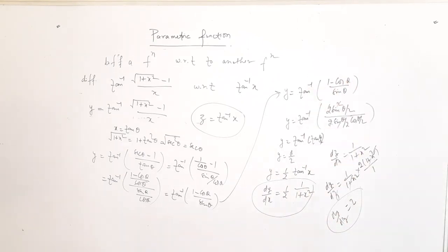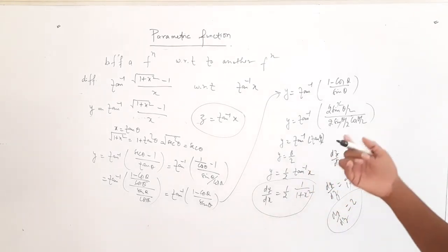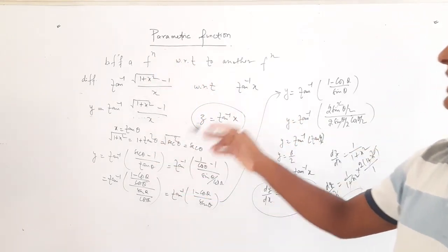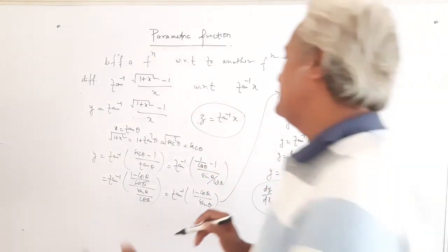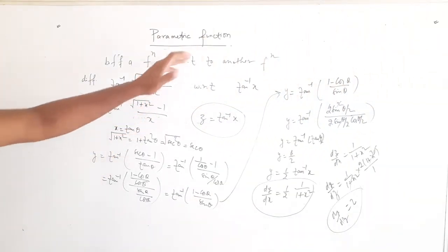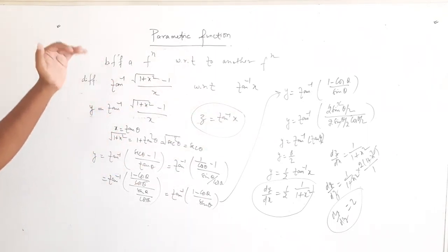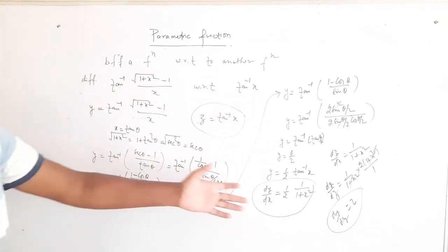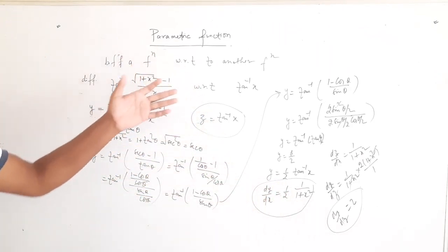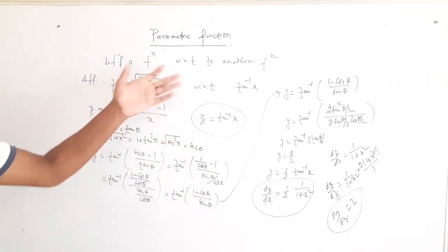This is all about the function with respect to another function. There is nothing new in that. You have to use those basic simple rules to differentiate one function with respect to its own variable and then another function with respect to its variable. The best way is that you assume one function is y, another function is z, and then you check in what form they are given, and then differentiate the individual functions with respect to their corresponding variables, and then you can find dy by dz using dy by dx over dz by dx, or dy by whatever the parameters of the function, upon dz by whatever the parameters of another function.